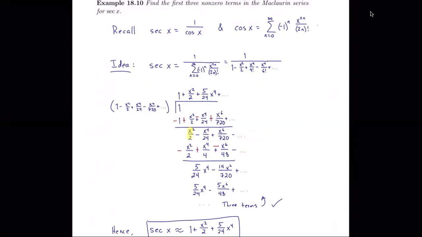So the next thing, this is our sort of lead term here. We need to zero this out by multiplying it against this term right here. Well, I pick x squared over 2 because that times 1 will match this term right below it here, and then we'll change the signs to add everything up. Now, the remaining terms come from this x squared over 2 times negative x squared over 2, which gives us this one, then times this one to get this one,